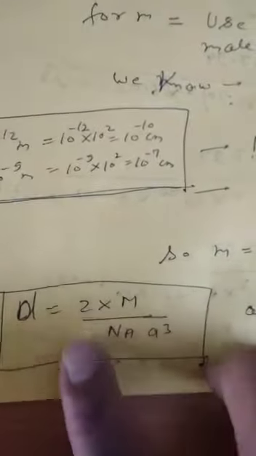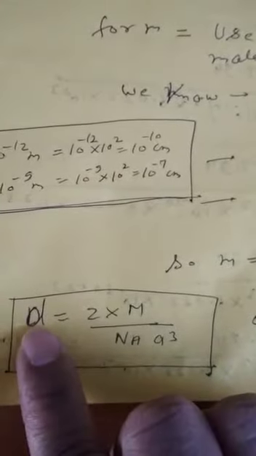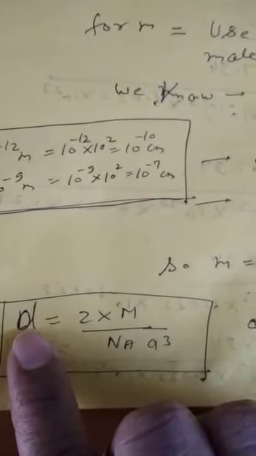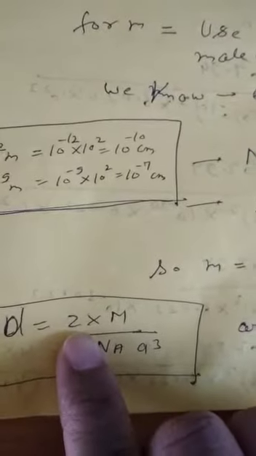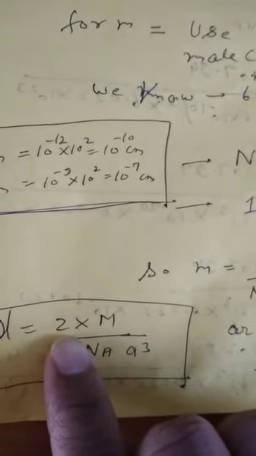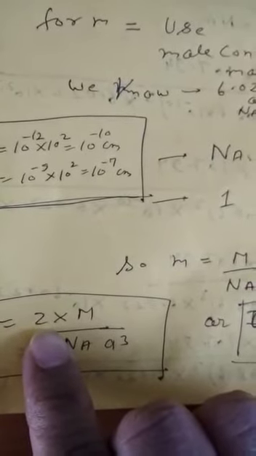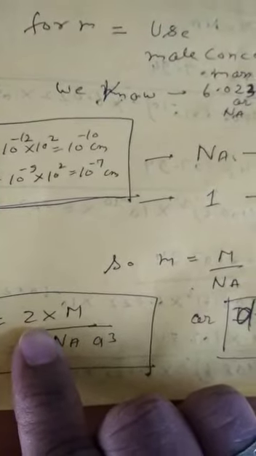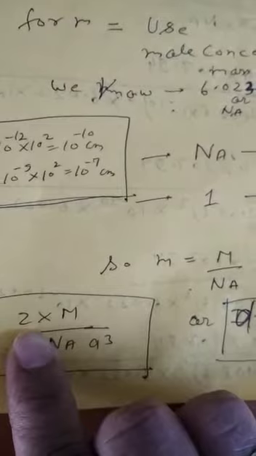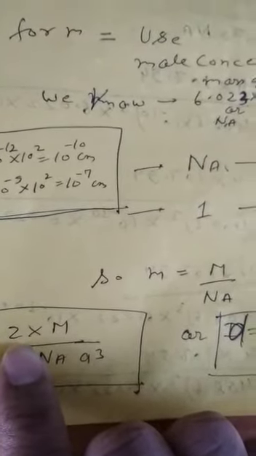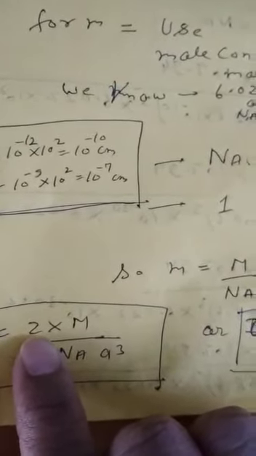In this formula, you can understand d, small d, or we can use rho, that is density of the crystal. Z is number of particles per unit cell. And you know that we may have different types of unit cell. Suppose we have simple cubic, then the value of Z, you know, is 1. And if you have BCC, the value of Z is 2.